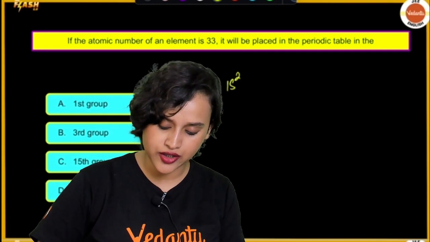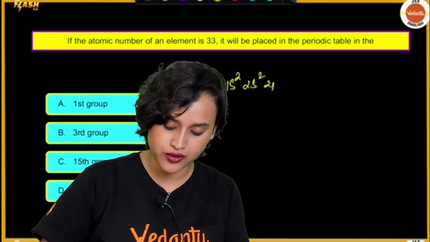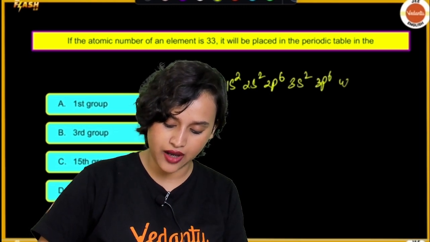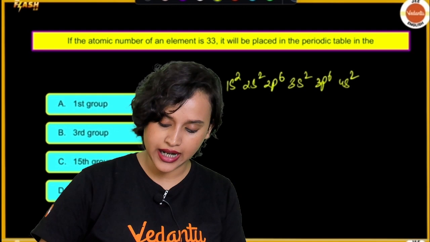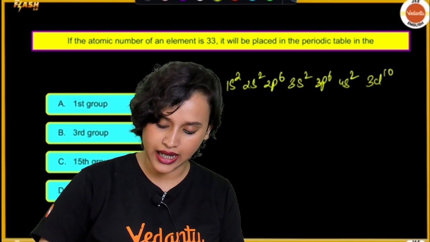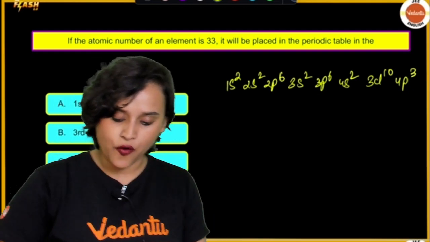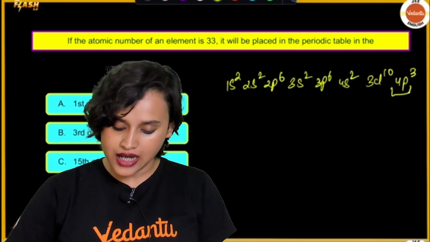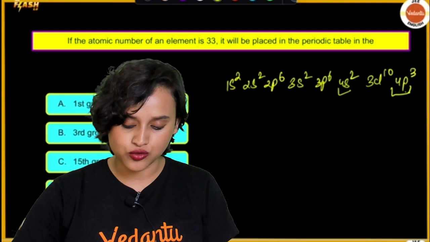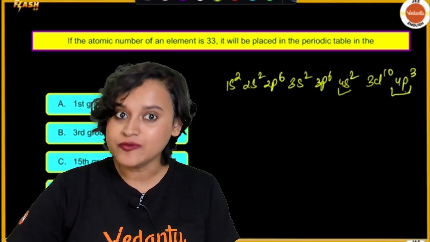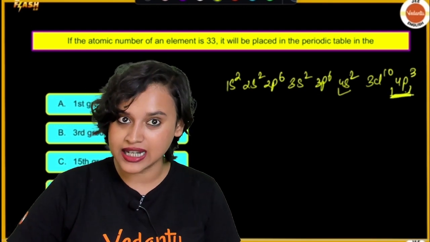We will write down the electronic configuration, that is 1s2, 2s2, 2p6, 3s2, 3p6, then we have 4s2. So 10, 10, then we will have 3d10, and then finally it will be 4p3, isn't it? 4p3 is the last shell. Now 4p3 and there is 4s2. So 2 plus 3 is how much? 5. Now 5 plus 5 plus 10 we have to do